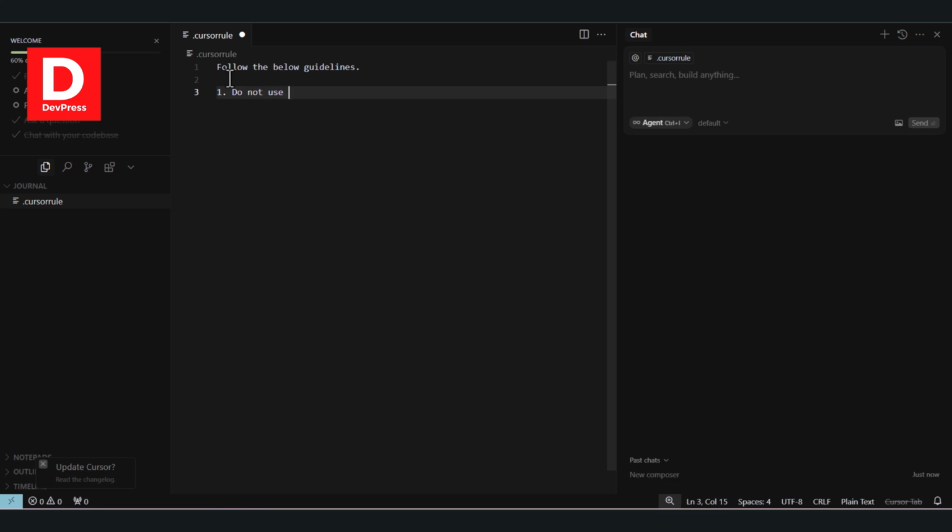You don't want to make use of older npm packages which are deprecated, older than previous. Second thing you can do is save this particular file, and here one guideline you have to add is